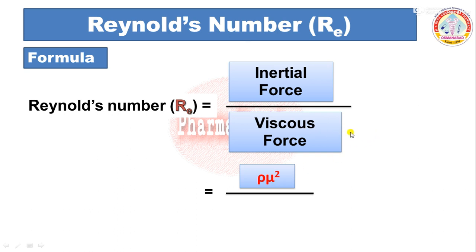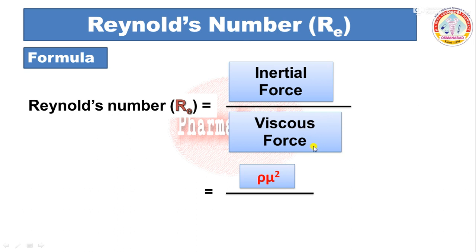Whereas this viscous force mainly counteracts the inertial force, or it mainly retards the general flow of fluid, or the streamline flow of fluid, due to the generation of turbulence in the fluid. This generation of turbulence in the fluid may be due to increasing the velocity, or due to the roughness of pipe, or due to the vibration of equipments.